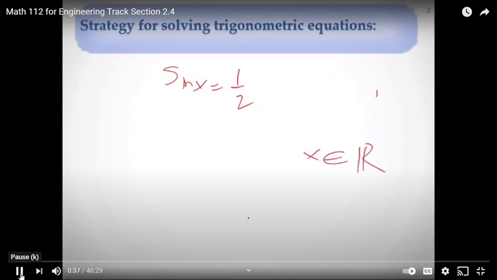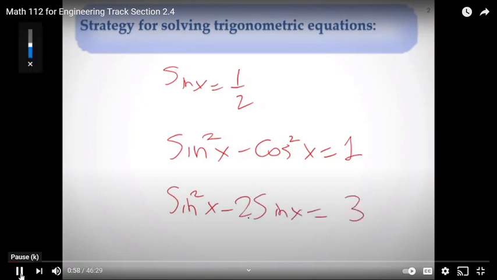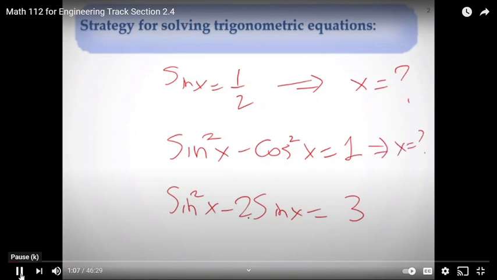And sometimes we might have different types of equations, like how about this: sine squared x minus cosine squared x equal to, let's say, 1, for example. Or we might have some quadratic form of the equation, like this, for example. We will try to solve this type of equations, and of course our goal is to find a solution set